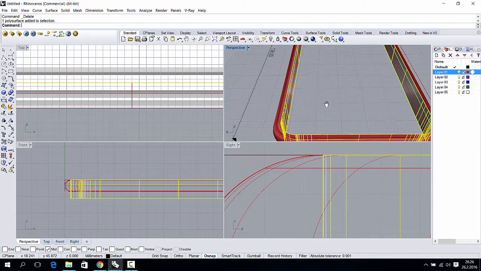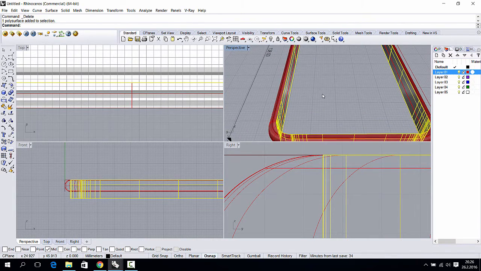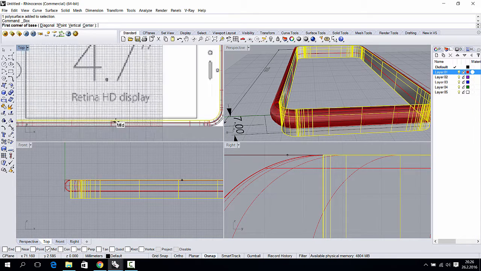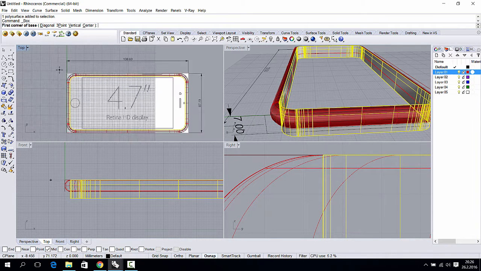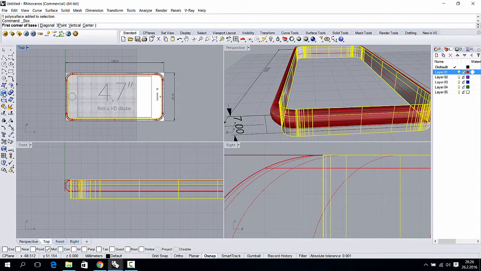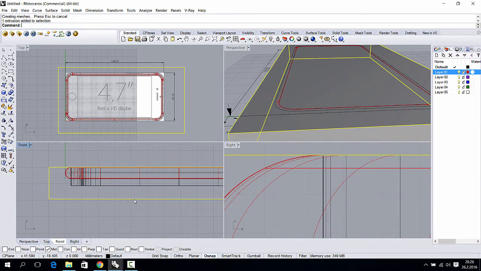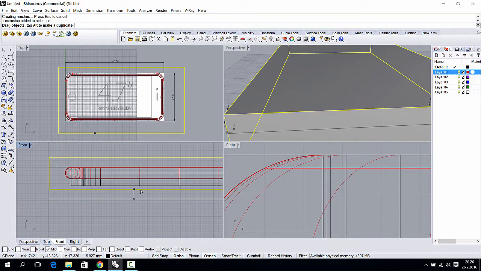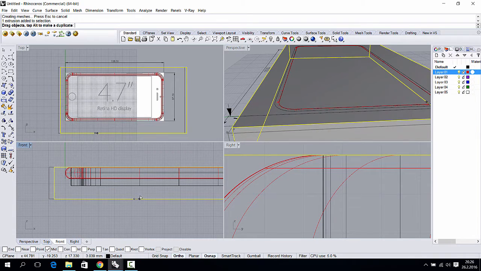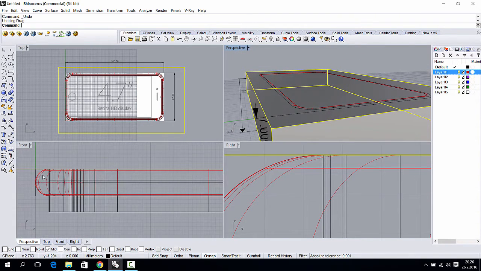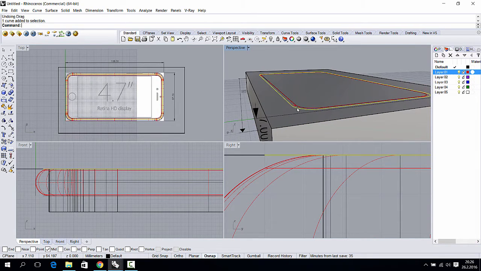And let's make a, maybe we don't need that piece we just made, but take a box and make a solid box around it like this and then move it here somewhere